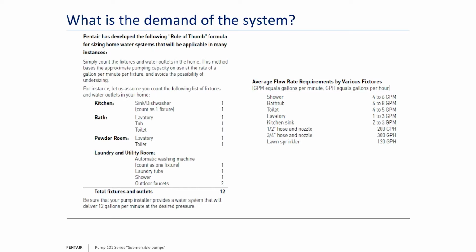Now, believe it or not, the engineer came back that facility would require 78 gallons per minute. He basically looked at every fitting and every fixture count, but he didn't look at the fixture count. He looked at the flow potential of each one, and he came up with a ridiculously large number. Now, in this case, the dealer and the installer came back to us at the factory looking for help,